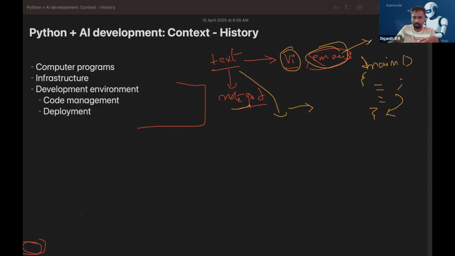There was no syntax highlighting, everything was in your head. Like, where did I open the flower bracket? And then where was it ending? And where did the semicolon go, and all these things? So you need to be hyper aware about your syntax. So learning a programming language was at its peak,